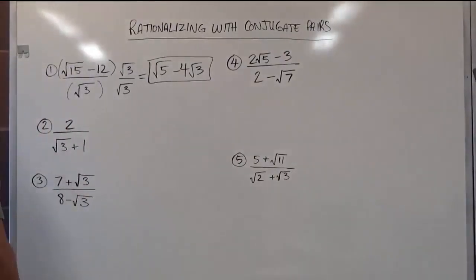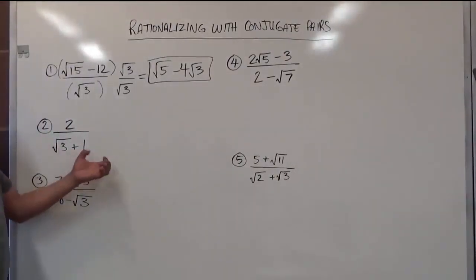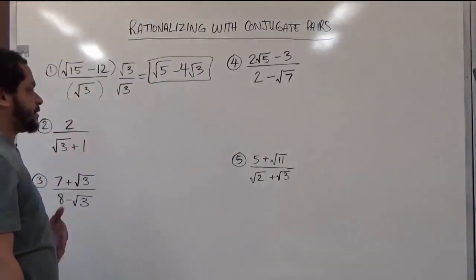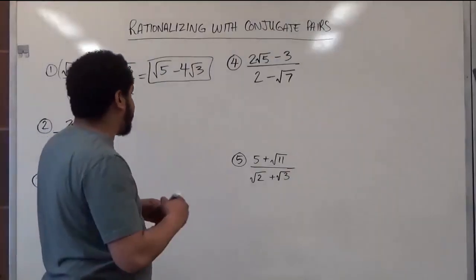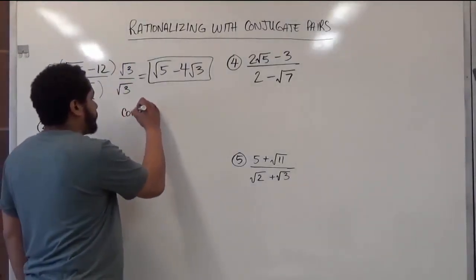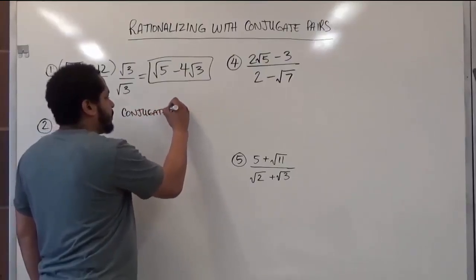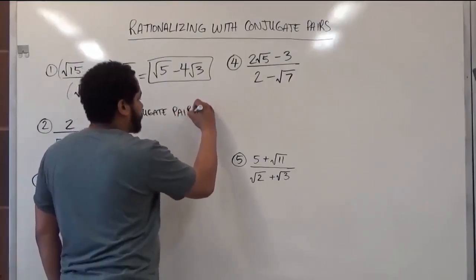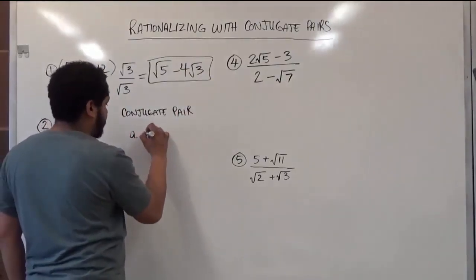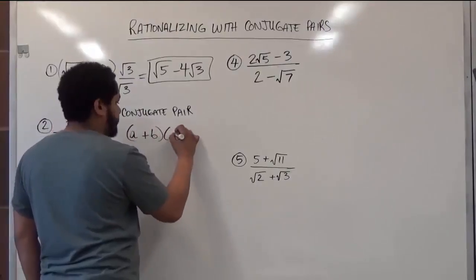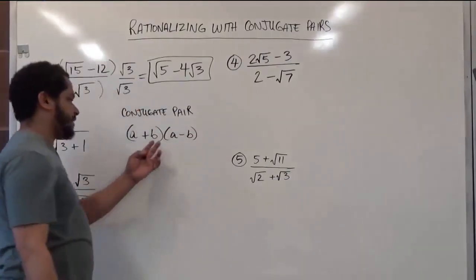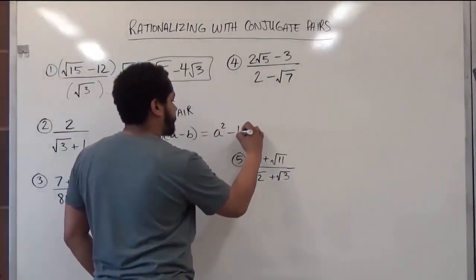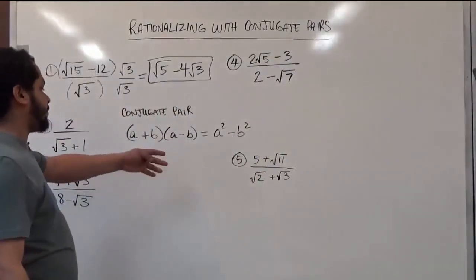So in this problem, we actually have a conjugate pair. So it's only fair that I start elaborating on what the conjugate pair is or what it demands that we have to do for any particular problem. Now, a conjugate pair is basically a sum and difference of numbers that are multiplying in a product. So a conjugate pair of any two numbers would be a plus b times a minus b. And as you see, this is also known as the difference of two squares. So it produces something called a squared minus b squared,